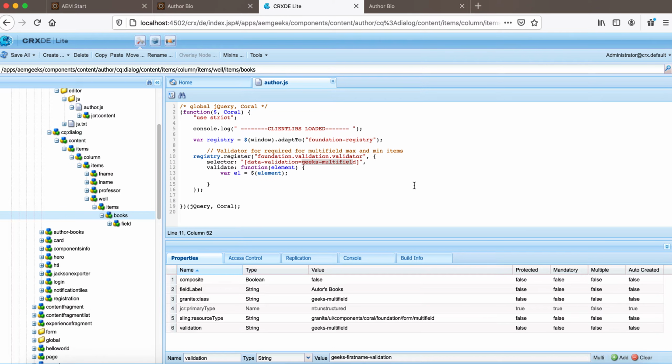Okay, to add a limit, I'll insert two data attributes, min item and max item. How do we do that? AEM provides a way to insert either a class or some other attribute into the DOM using a node called granite:class or granite:data. So let me add a node here, granite:data, and let me add those, so you will understand that. Let me show you first.